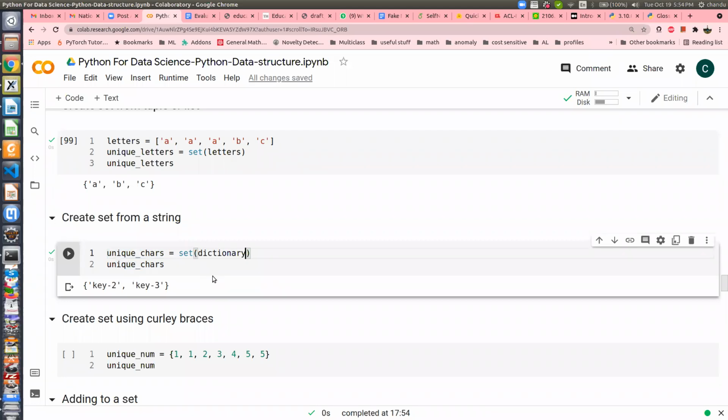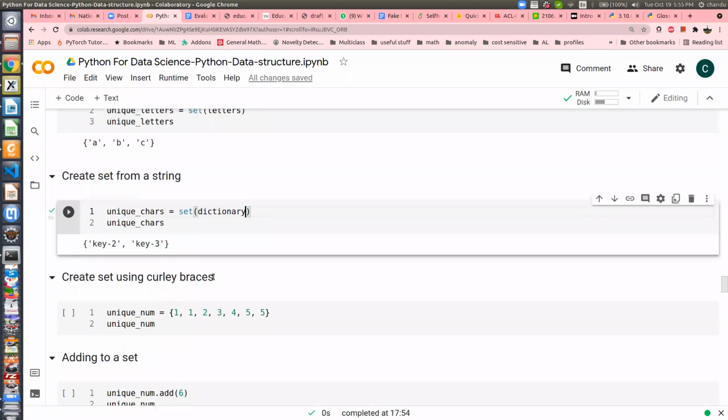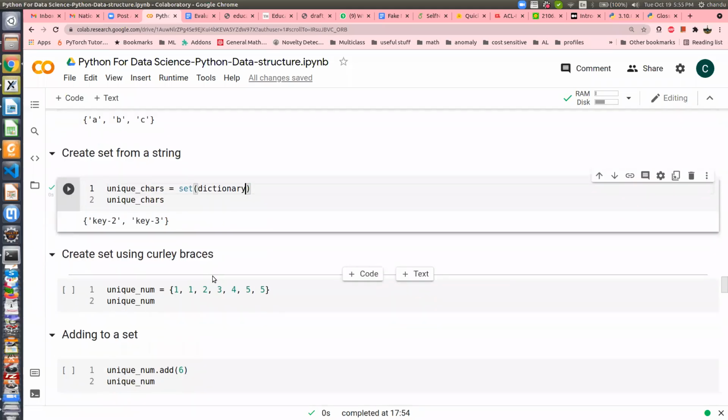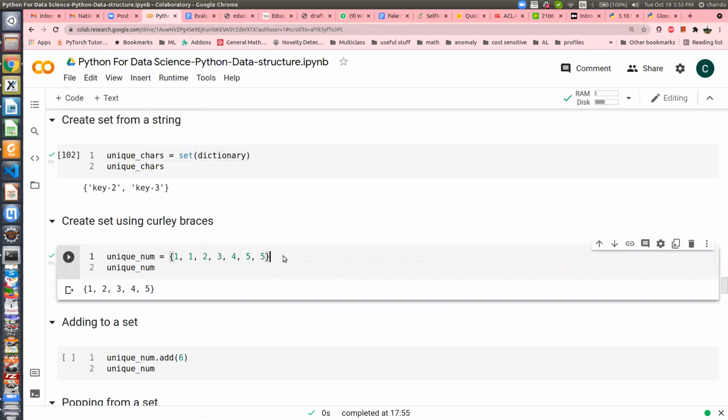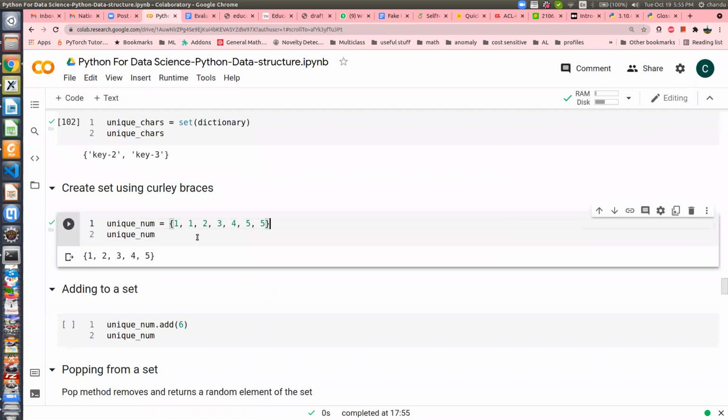So it took the keys from the dictionary and created the set from those keys. It doesn't take the values. So if you want to create a set from the values, you have to give them specifically. You can create sets using the curly brace, something like that. That's the usual way, a very naive way actually.